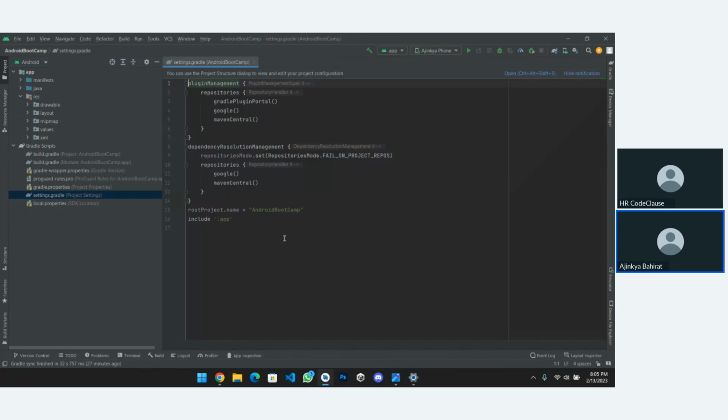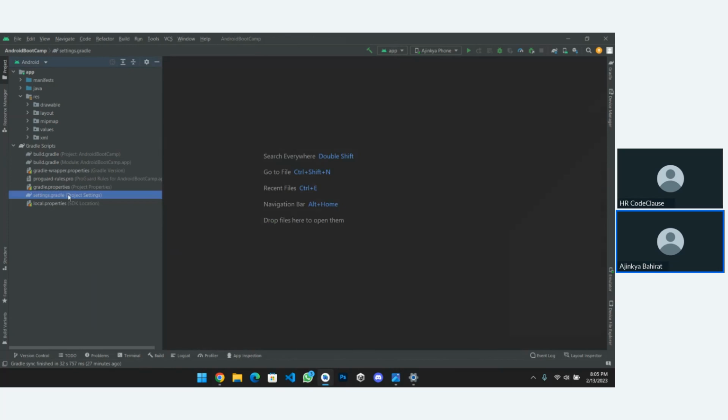Settings will store the different settings for my application, the project names, Gradle property, plugin, Maven Central, etc. These kinds of things. Okay, so you need not worry about this. Just consider these two files, mainly focus on build.gradle module. And this is nothing but the directory structure of Android.